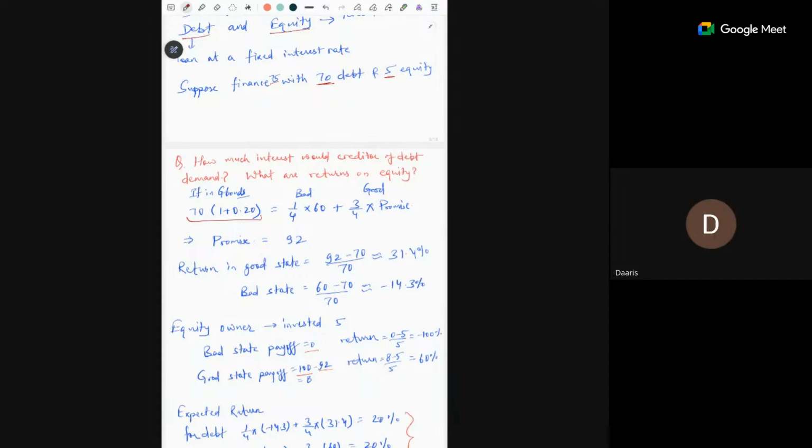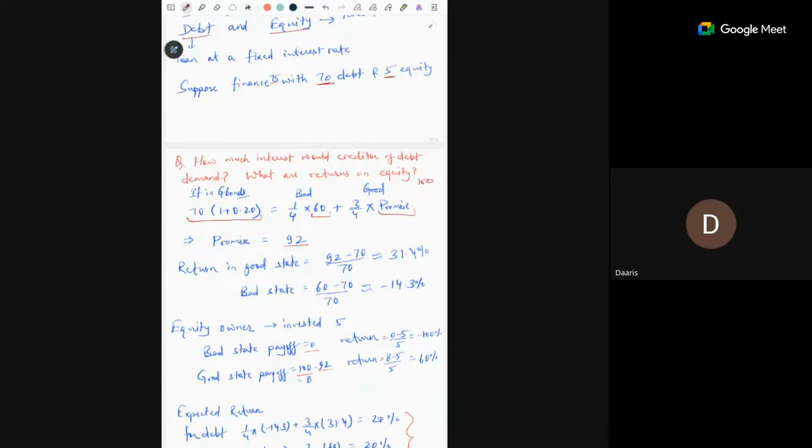So here also, if the bad state happens, then the total value of the project is 60 and the debt amount is 70. So the whole of this value will go to the debt creditor. But if the good state happens, then the total value is 100, but out of that, some will go to the debt creditor, and we want to find out that promised amount, how much the debt creditor should demand. Like, if the good state happens, this much amount should be given to me. Okay, if we solve this equation, then this promised amount turns out to be 92 units,